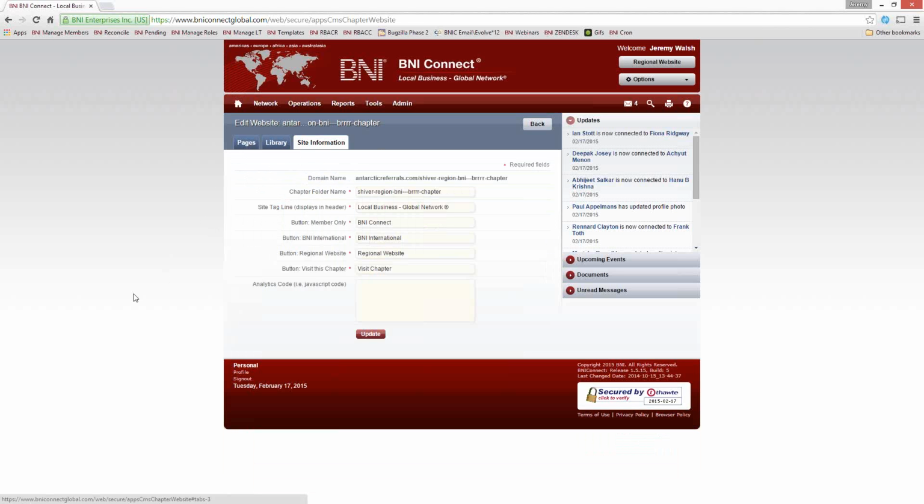The Site Information tab has a number of kind of back-end pieces of information about your website. Probably the most important thing on this particular page that you're going to want to consider is this one right here, which is the second thing down that says Chapter Folder Name. So one thing you'll notice is that by default, because these are all automatically generated, it uses a certain pattern to create your chapter web page URL. By default, it's going to create a page that goes under your domain, so antarcticreferrals.com, and then it's going to generate the page name based on your region and your chapter name. So here it has